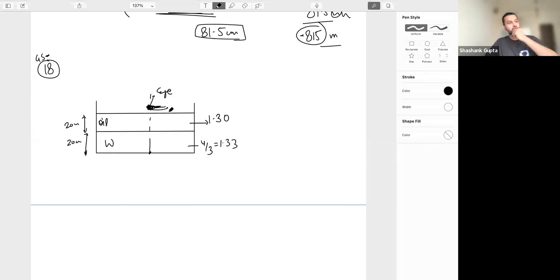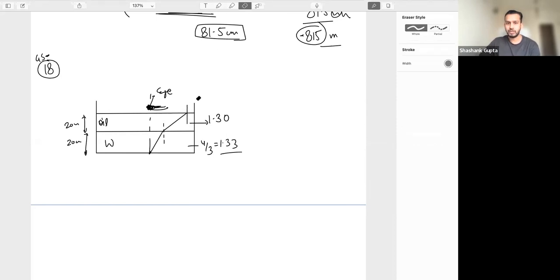For this eye, to see any particular image of an object, what happens? Rays come into my eye from that object. So suppose I'm seeing this pen. So ray is coming from this pen into my eye, and then it is forming the image at the retina and everything. So if I have to see the image of this base, we only think about one ray. So ray will go like this. So first, what will happen? Ray is going from water, so this is denser compared to the oil. So if water is denser and oil is rarer, ray will go away from the normal like this. Is that clear? They will go away from the normal.